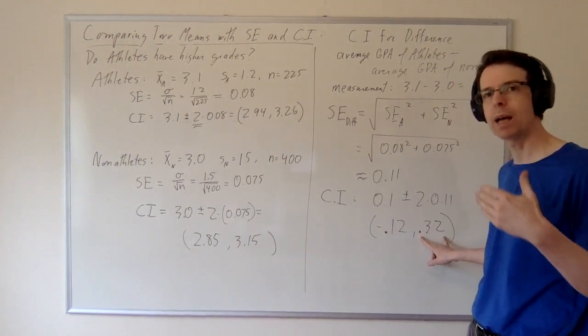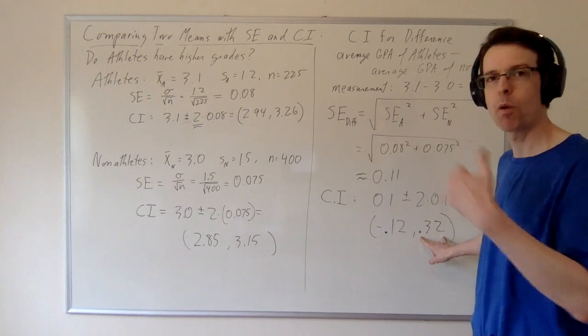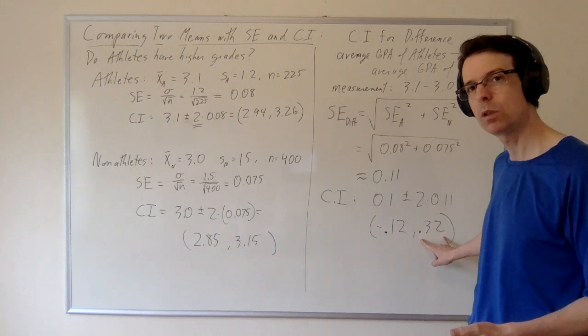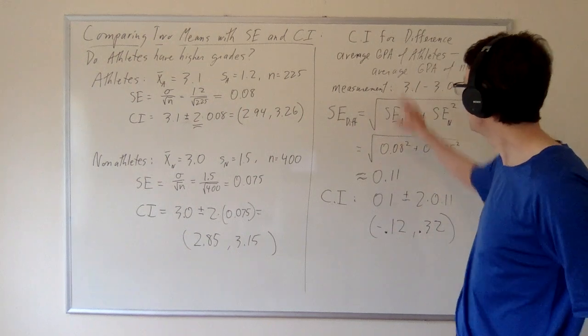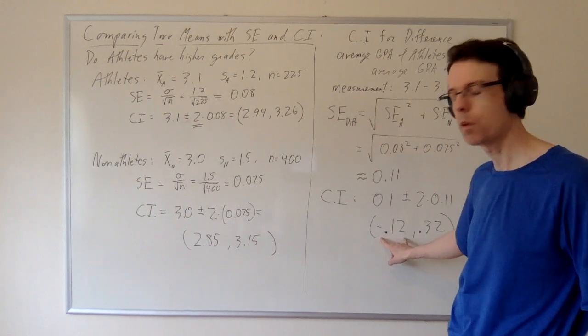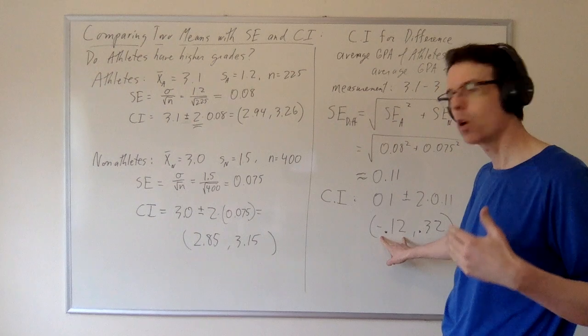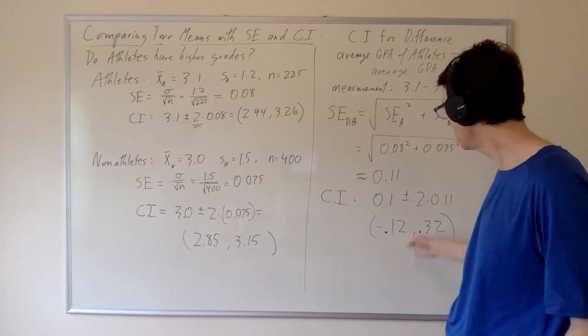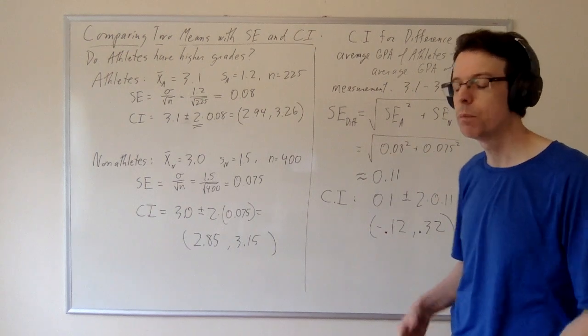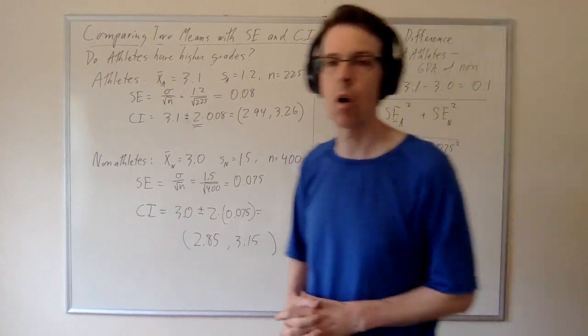So the difference could be as much as the athletes outperforming the others by 0.32 on average. Or it could be the opposite, that if the difference is negative, the athletes are worse off. It could be that the athletes are doing worse by as much as 0.12. Or it could be, because 0 is in between here, that there's no difference at all observable